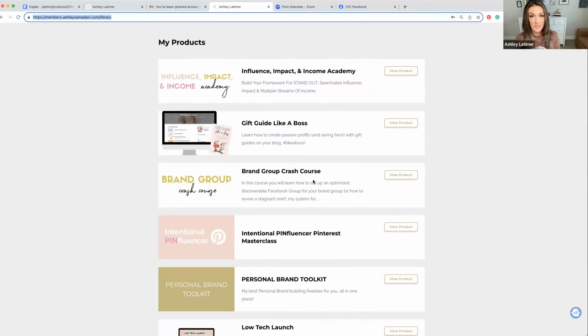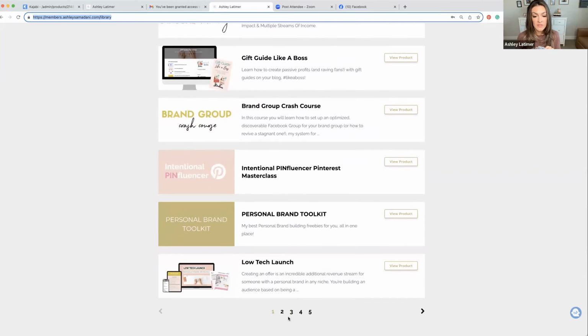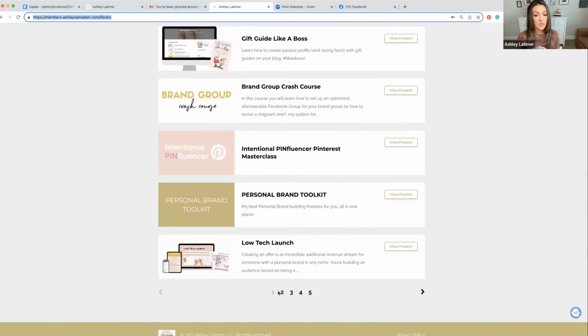I'm going to be referring to something called the Brand Builders Roadmap. The roadmap is going to direct you to these courses, so you want to have this opened up. The first thing that I recommend that you do is find Maverick Society. Now you have my whole course library. There's 5 pages. Who knows if there will be way more by the time you join.